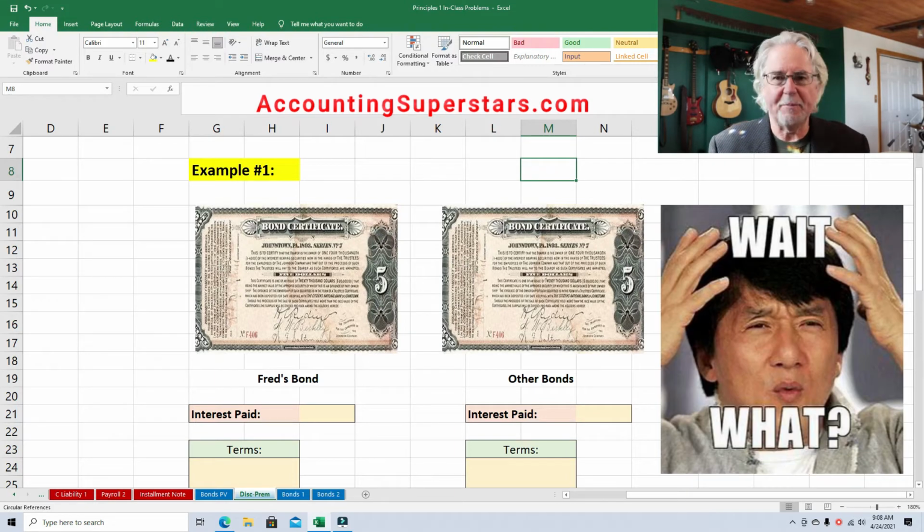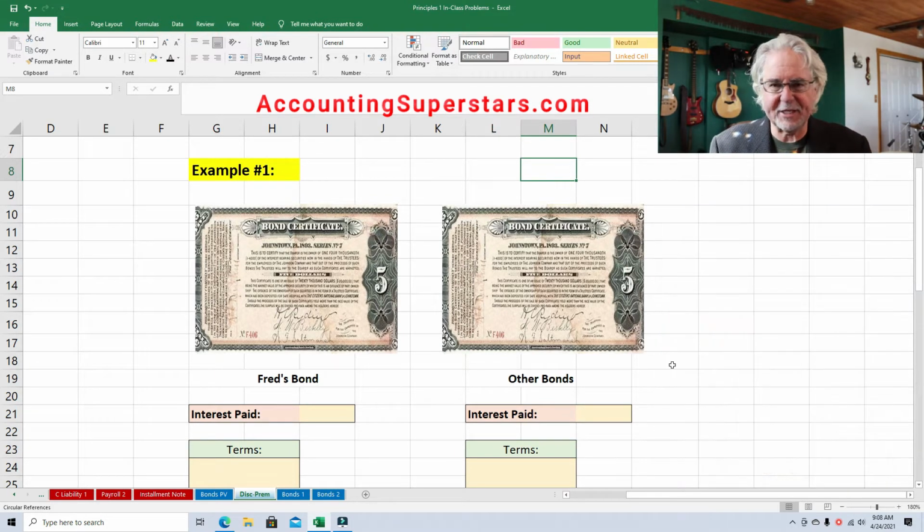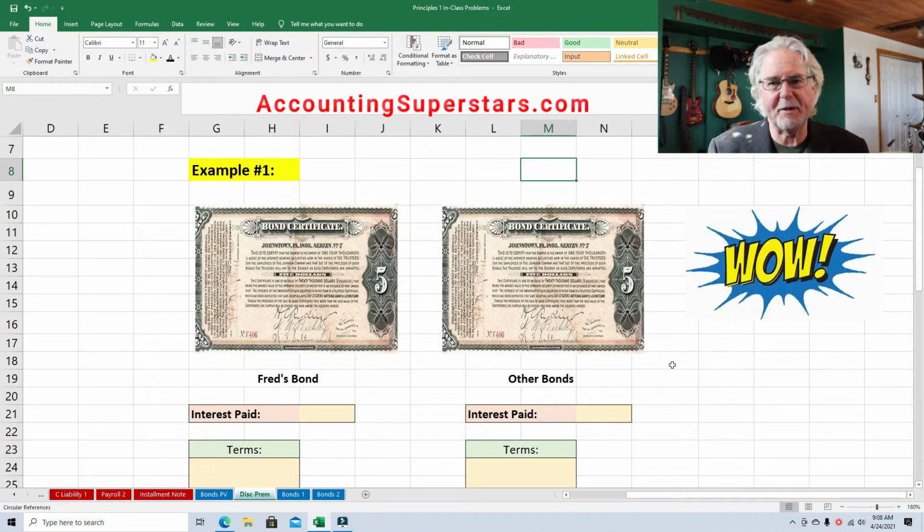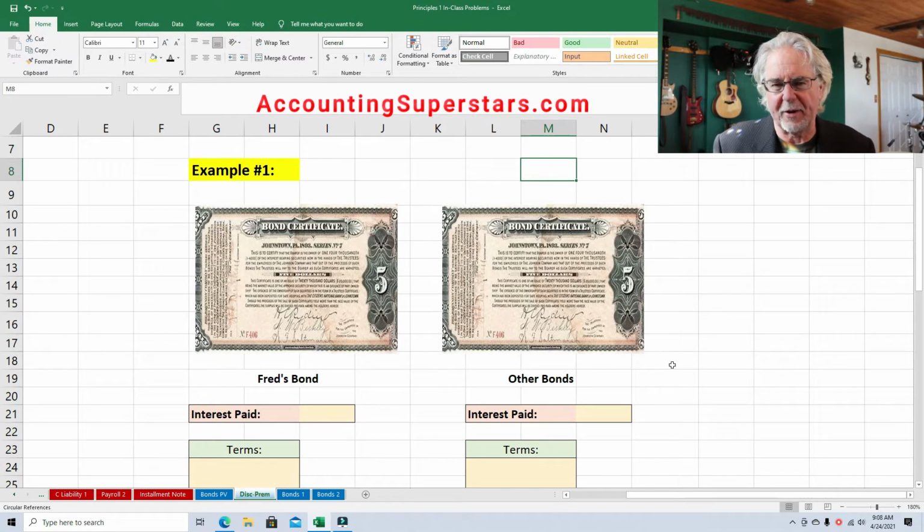In fact, what people used to do is clip off sections of the bond and mail them into a company or a government. And in return, they would receive money. So it was really sweet. And that's what they called it, clipping off the coupons. And that's why oftentimes when you're talking about bonds, you hear coupon rate or words like that. That's where it comes from.